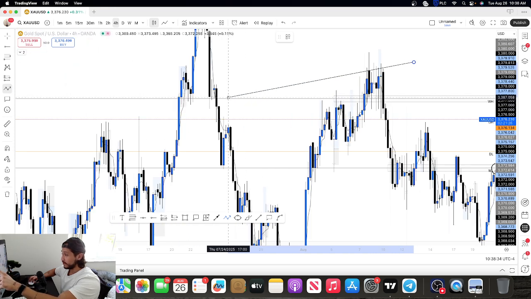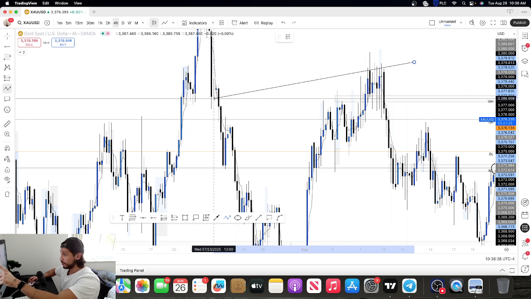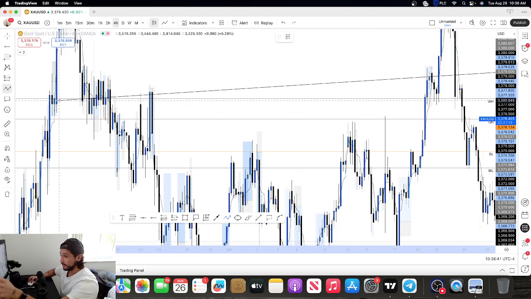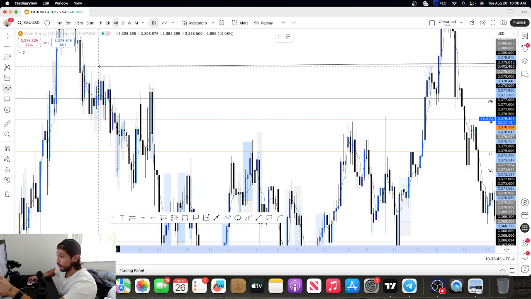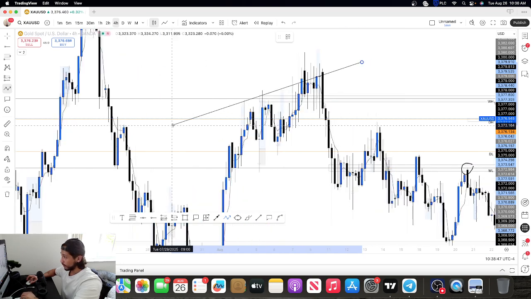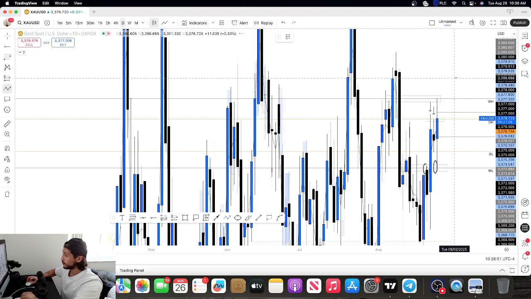If we take a look left in the other side, we also have another areas of support. So support here, support here, support here. We keep looking at it from the left side. What do we have? We have another zone of support, another zone of support. At one point, it did use it as areas of resistance, which we did see some type of selling action, right? So in this case over here, if we go back into a daily time perspective, my bad guys,